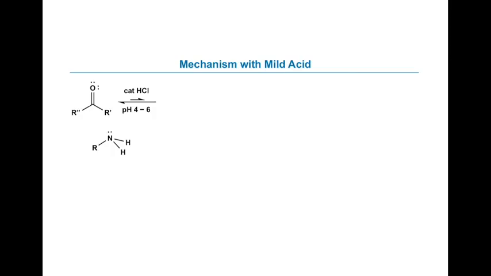So as I pointed out in class, these reactions involve catalytic acid. It's usually under slightly acidic conditions, at this kind of pH 4 to 6, and we'll talk a little bit more about why that pH is super important just after we run through the mechanism. So step one, we've got our nitrogen attacking the carbonyl. Now we do this attack directly.